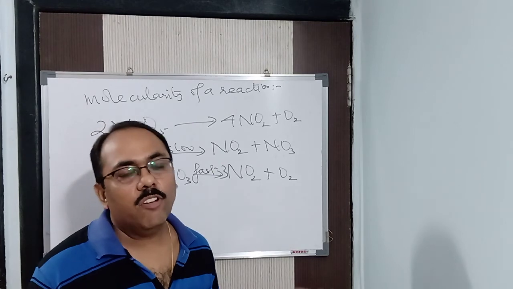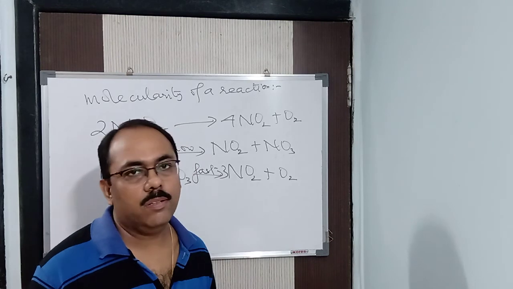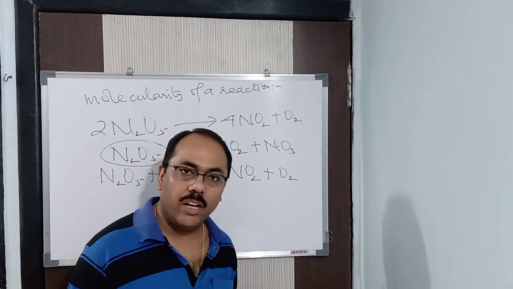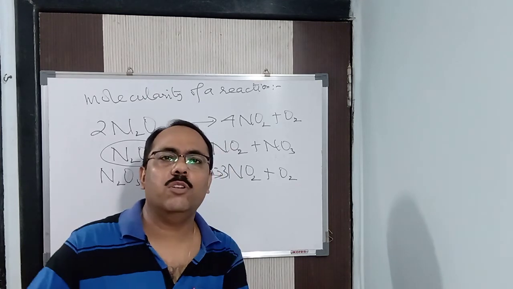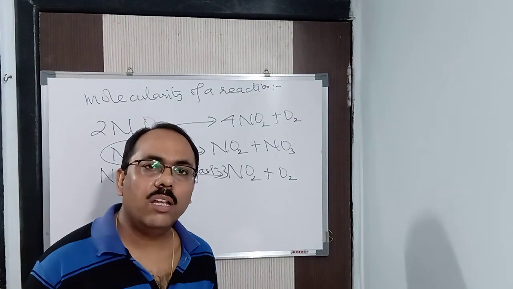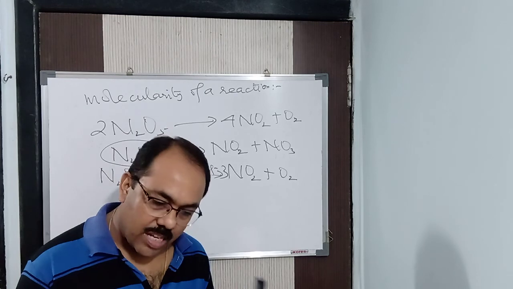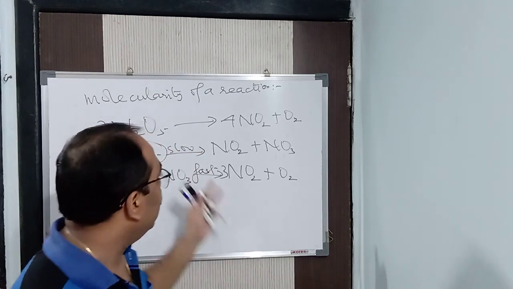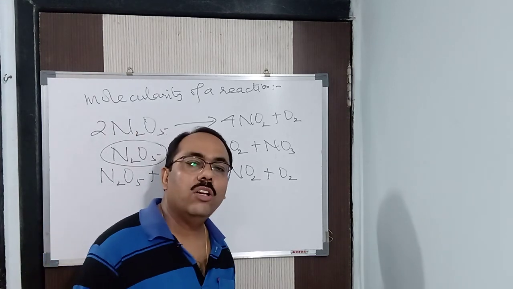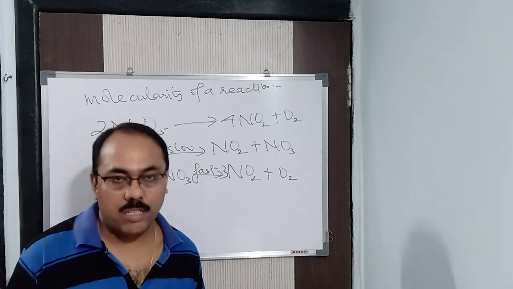Hence, for that reason, the slow step is the rate determining step always. I think you got the idea of why we consider the slow step as the rate determining step, because that determines the number of cycles produced in one day. Even if the others are produced more, so what? You want a complete cycle. So always the slow step is the rate determining step. Clear? In this way we determine the molecularity of the reaction. Next we will see more.